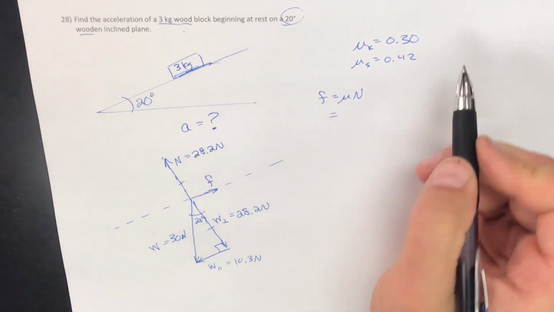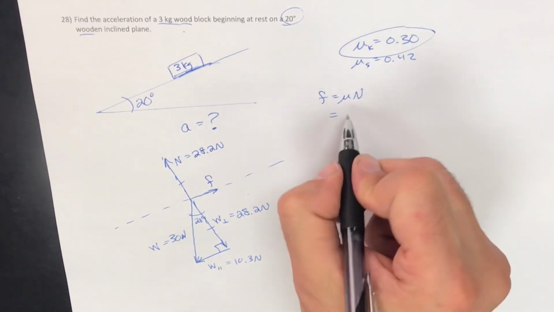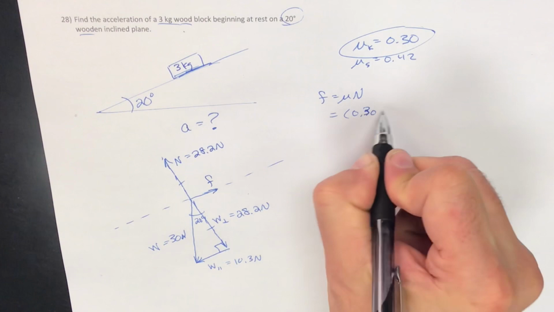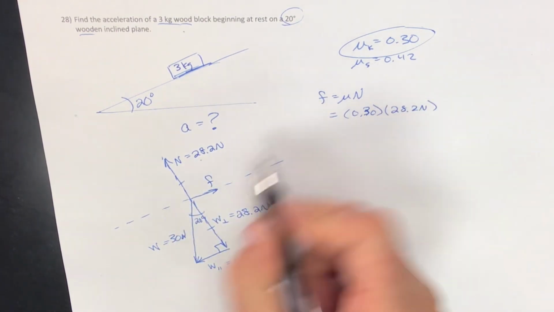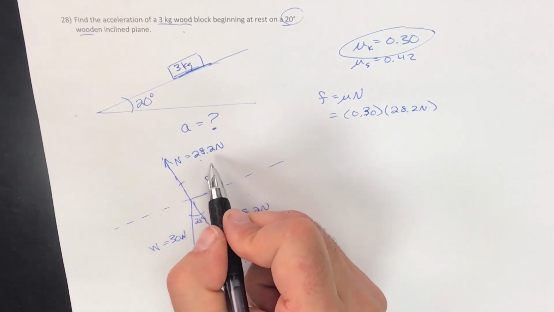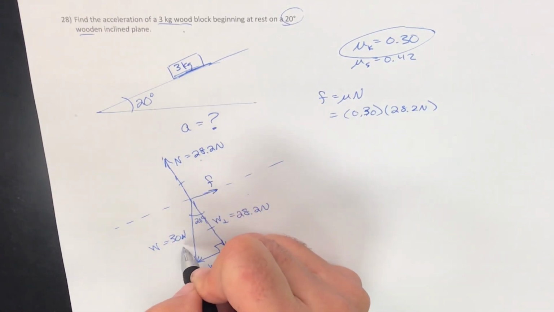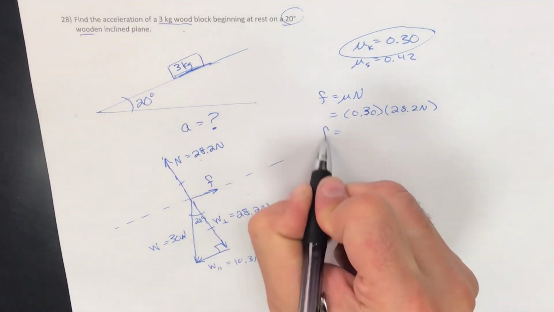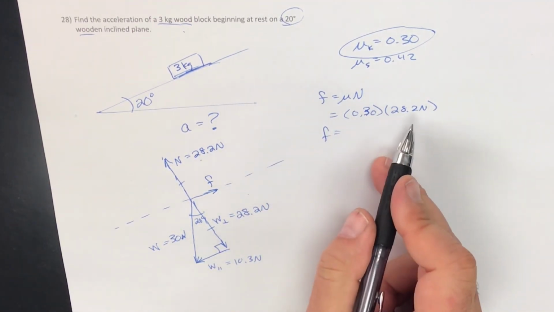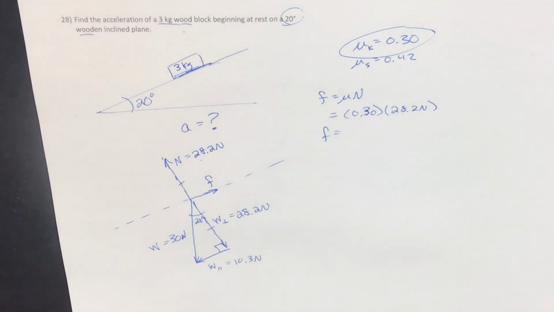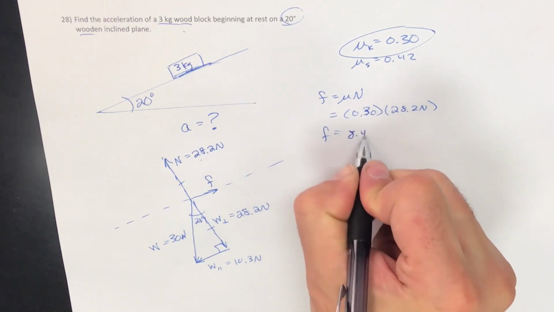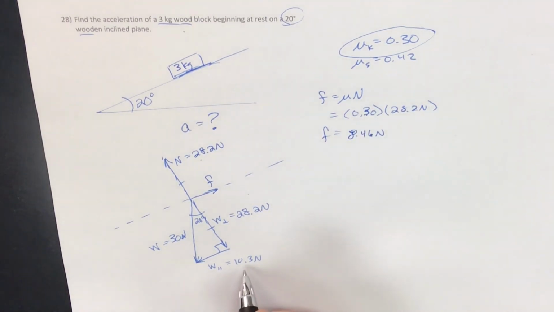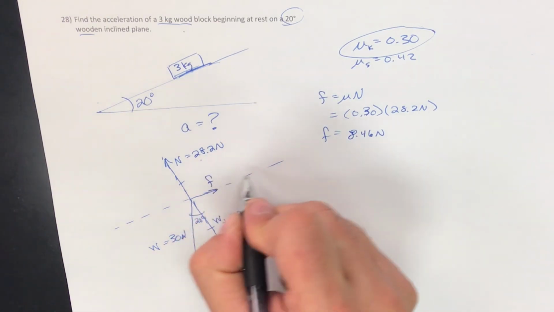It's going to accelerate. So look at that 0.3. 0.30 times the normal force of 28.2 newtons. Again, the normal force is the force perpendicular to the surface acting on the object and is not necessarily the weight, but you're always told it is, or you always feel like it is. And 0.3 times 28.2, 28.2 times 0.3 equals 8.46, 8.46 newtons. 10.3, okay, that looks good. And you have 8.46